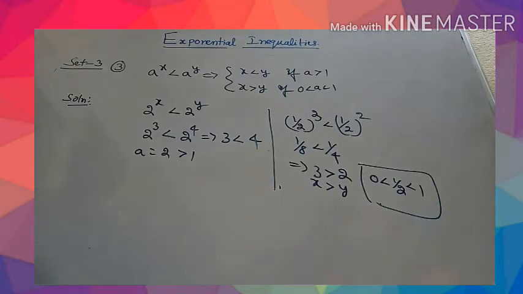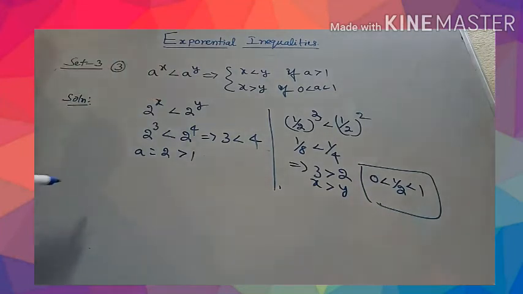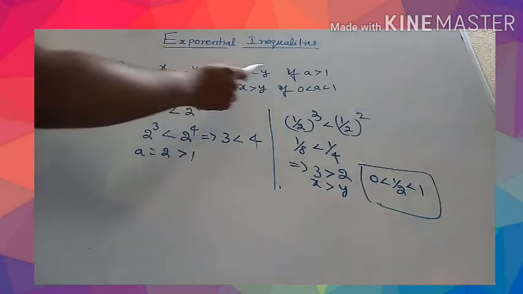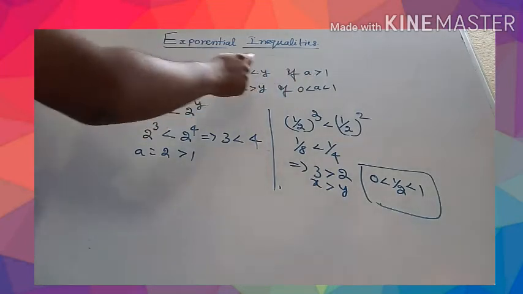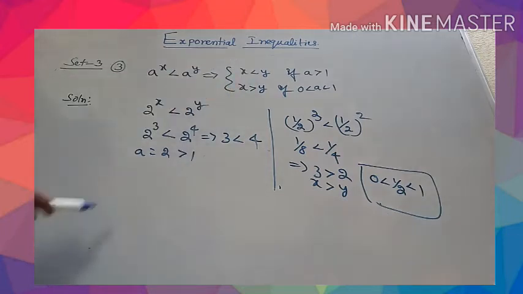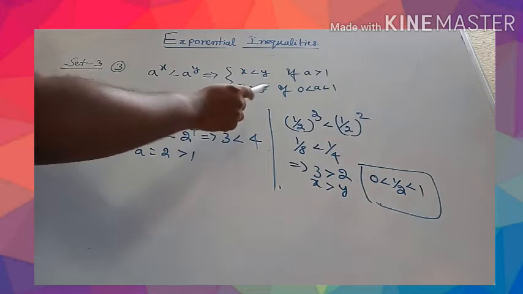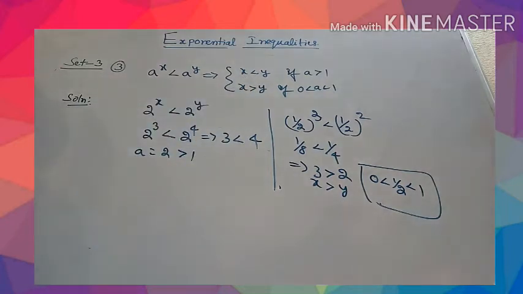Now the third one in this: a power x less than a power y. You know that when a base is greater than 1, the powers also maintain the same inequality, x is less than y. If the base lies between 0 and 1, then x is greater than y, like that. We can illustrate this with some nice